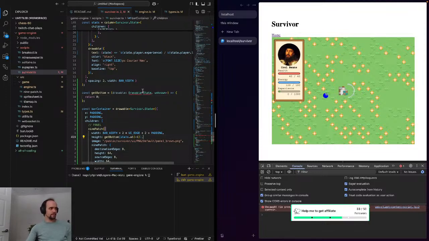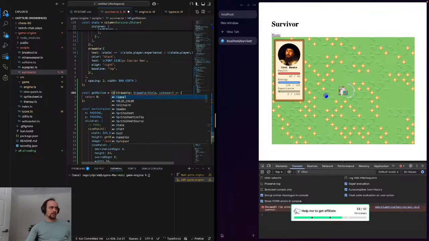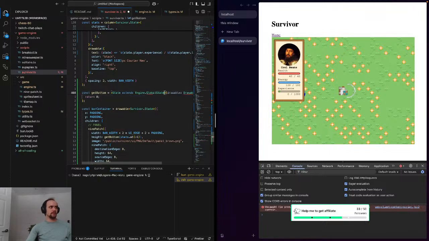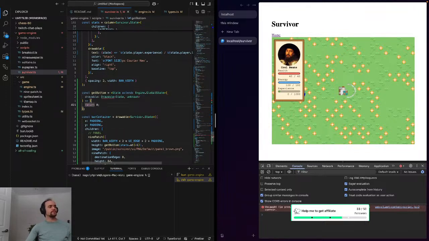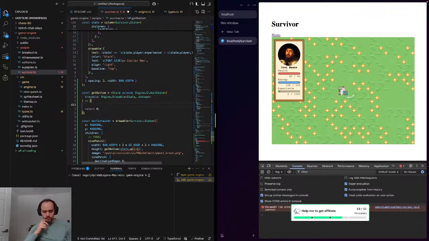Save it. Not sure what state is, so we'll say state extends engine.state. Engine.drawable. So here we'll do const y equals drawable dot get